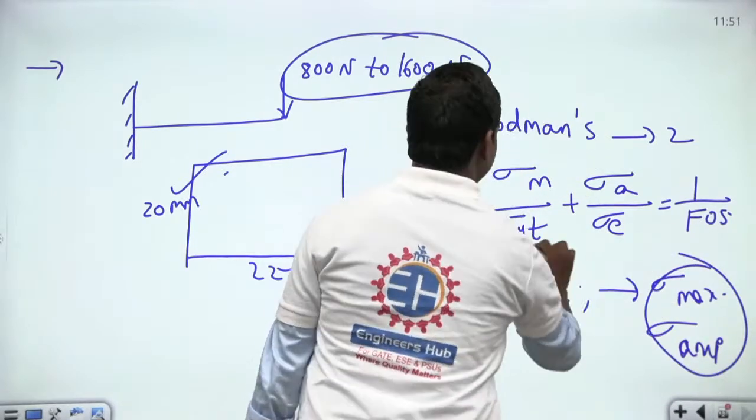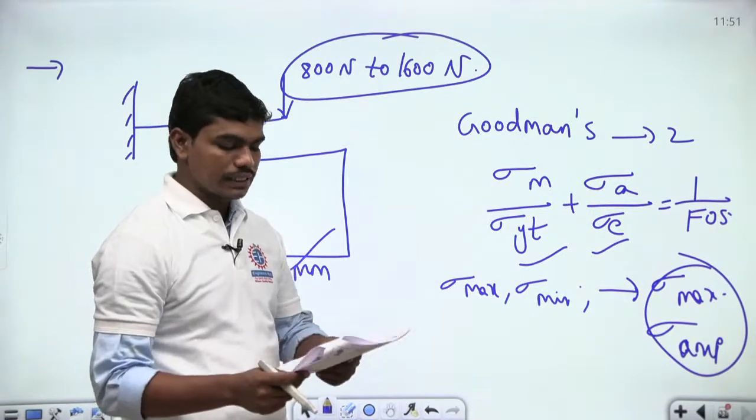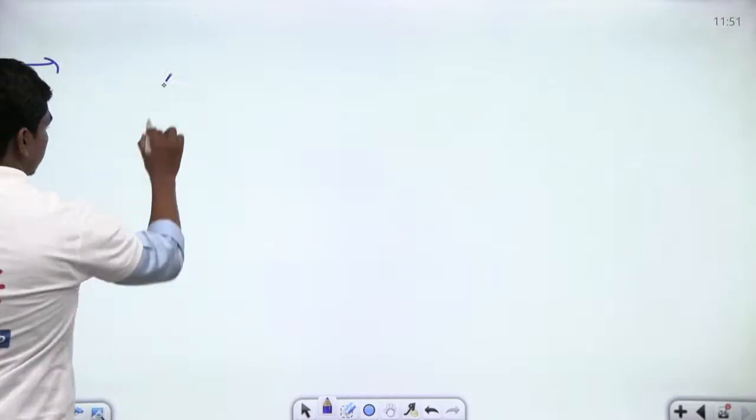So if you calculate these two things, and these two data are given in the question, you can just calculate 1 by f of s, and you will end up with the value of 2 for f of x. Okay, so generally, next,